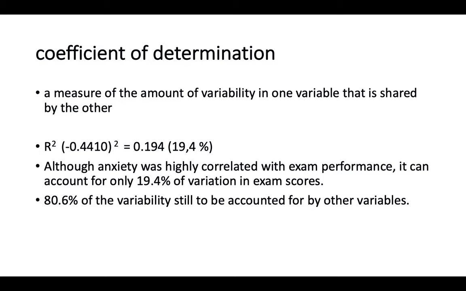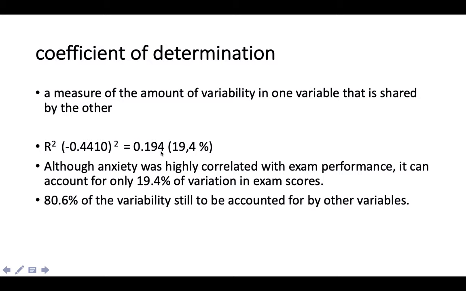So we would like to see how much of the variation is explained by exam anxiety. We could see that there was a strong negative correlation between exam anxiety and exam performance, but we would like to see how much it contributes to exam performance. So for that we can use the r squared, which is the coefficient of determination. What you do is you take the correlation coefficient between exam performance and exam anxiety, you square it, and the result will be